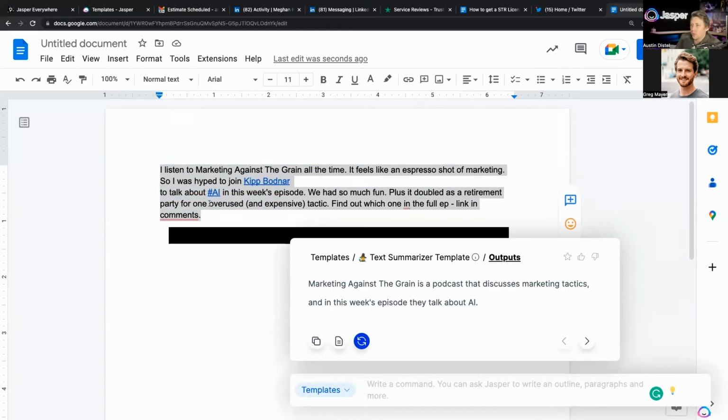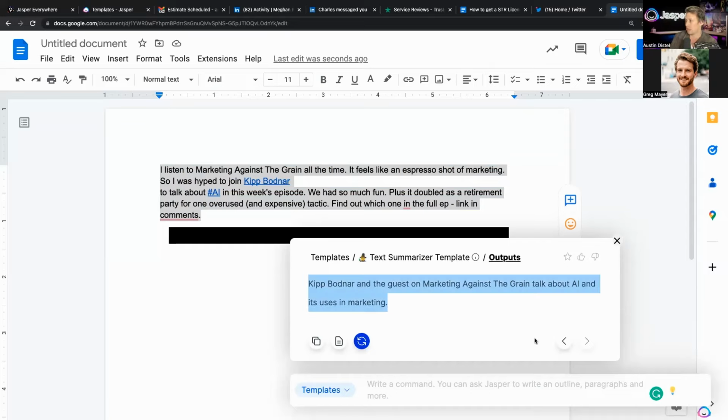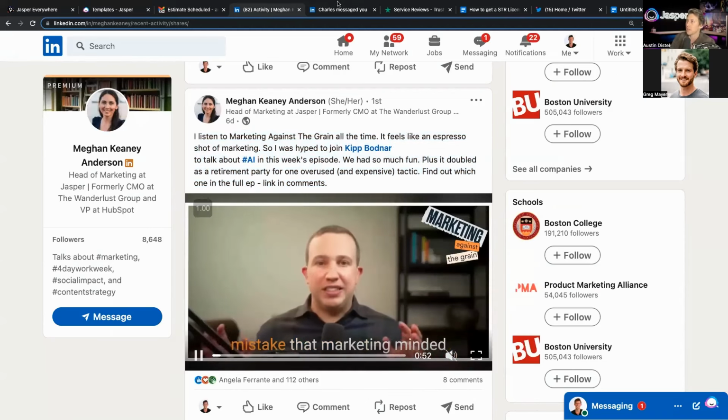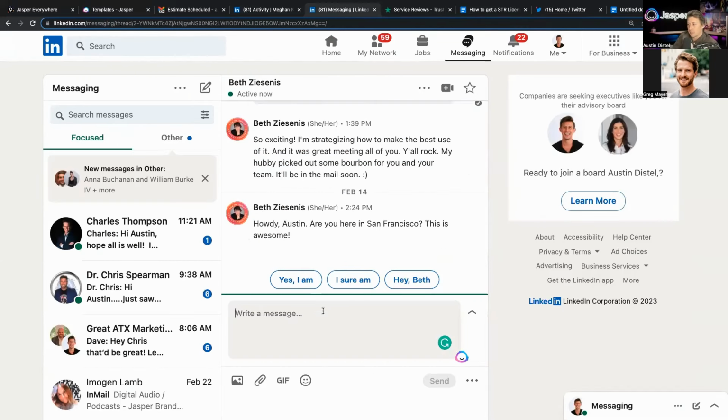One is if you just do that command, it's going to only generate it one time. If you do it within templates, you can have it generate multiple outputs, and then now you're brainstorming and you can have multiple versions to choose from. So this is really great because that helps you create that original content. If everybody just copies and pastes the same thing into social media, it's not going to get any reach. Really, just the first one's going to get a ton of reach. And so you want to be able to create this unique original piece of content to promote your article, your podcast, etc.